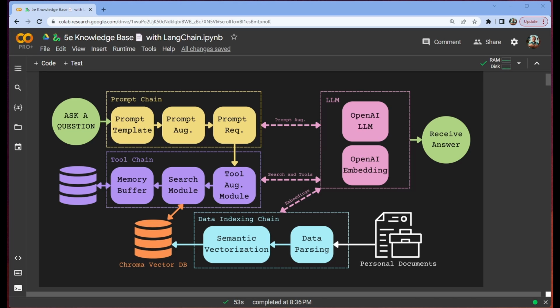So if you remember the last video on LangChain, basically all we did was this part, the search module. Today, we're going to be adding a few more bells and whistles to give it some more character and more power. And last, but certainly not least, and in fact, it's what we do first, is our data indexing chain. Now, this is where we take those personal documents and then we put them into a format that our chains